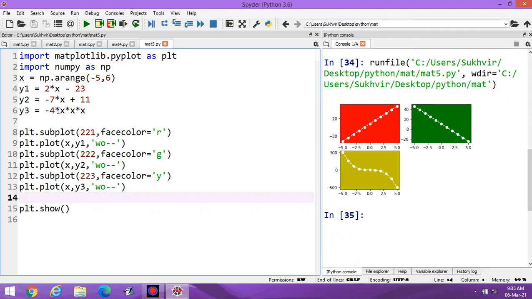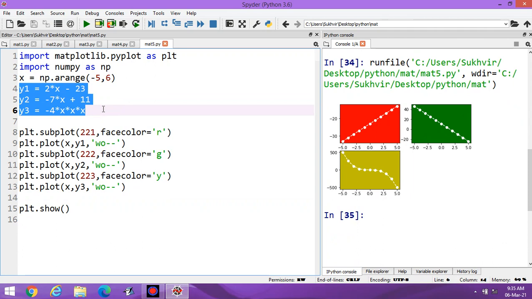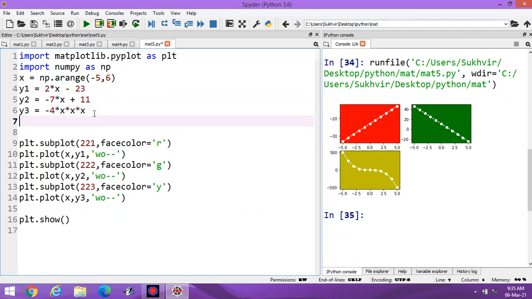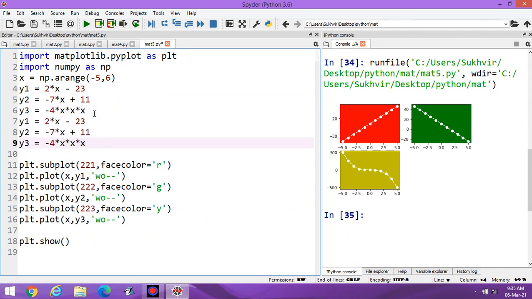Suppose I am going to design 6 graphs. For that, you can copy and paste here. You can change the equation. Suppose I am writing x square. Here you can write sin x.